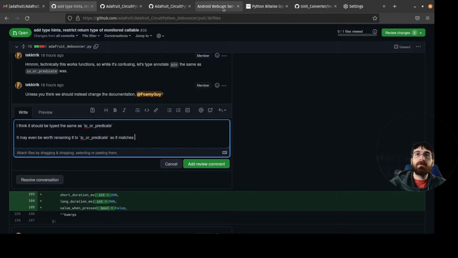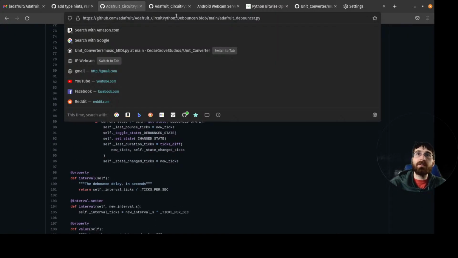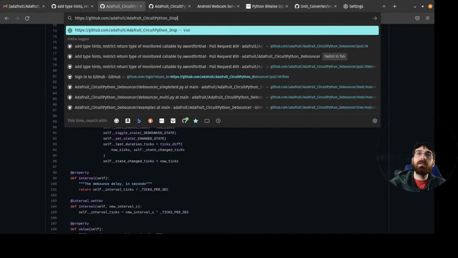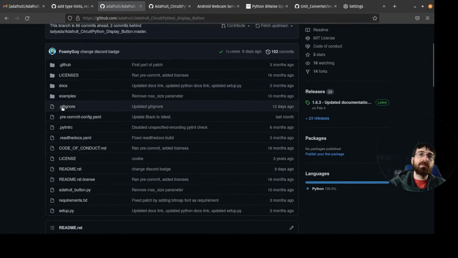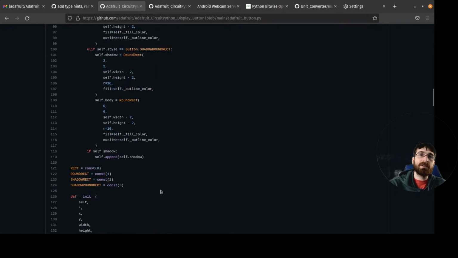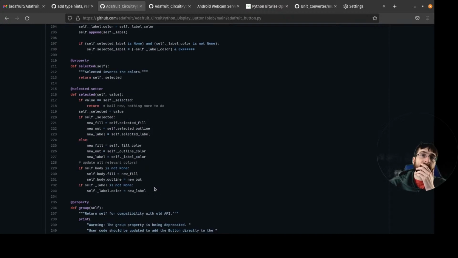What this one's making me think about is display button, honestly. It's making me want to put a property called value on display button, which I don't think it has. It has one called selected, I think, which works the same, if I recall. No. Well, kind of.